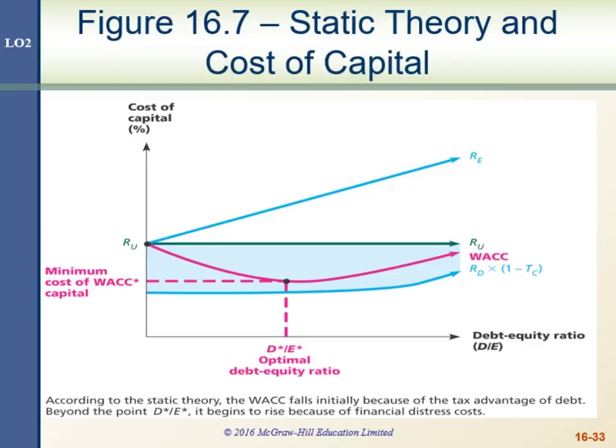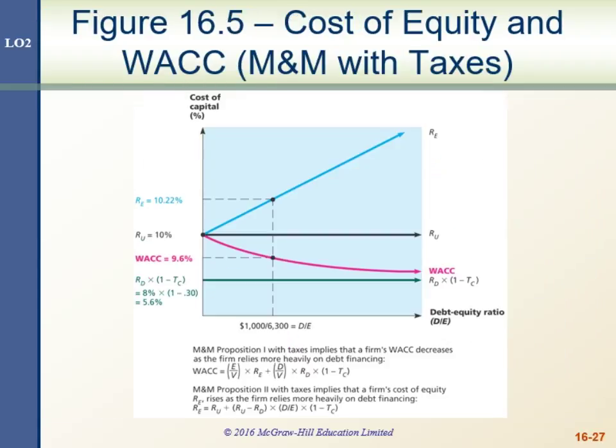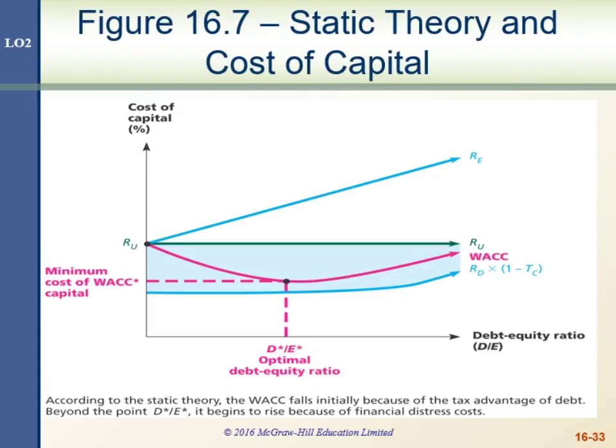Now, if we put it back into the form of the graph that we saw before, this is the old graph. The weighted average cost of capital is asymptotically getting closer to the after-tax cost of debt, and the more debt, the better. Now we transform that to the graph with a consideration of financial distress costs, and we see a couple of things that are new. One is that the return on debt at some point is actually going to be increasing because of the financial distress costs. We're going to have to pay them more because they're taking more risk.